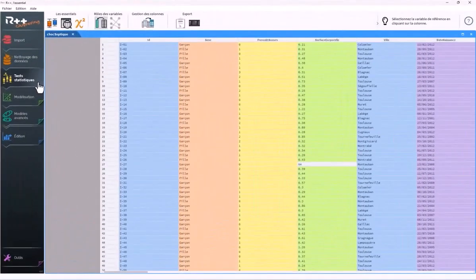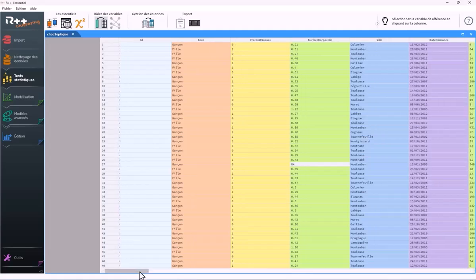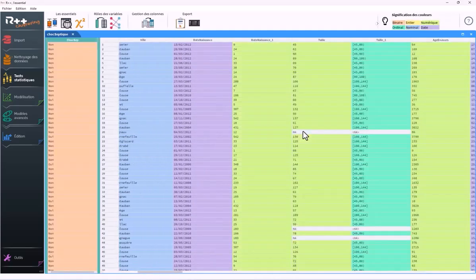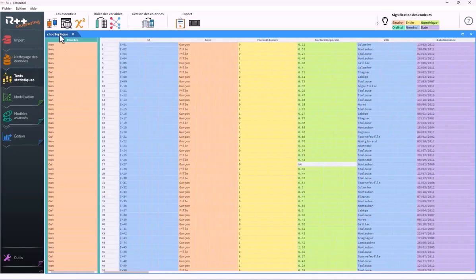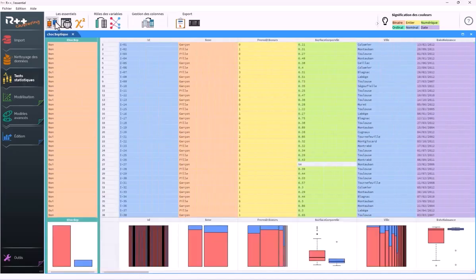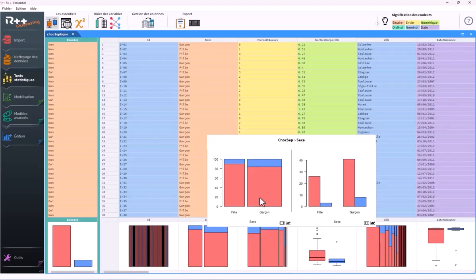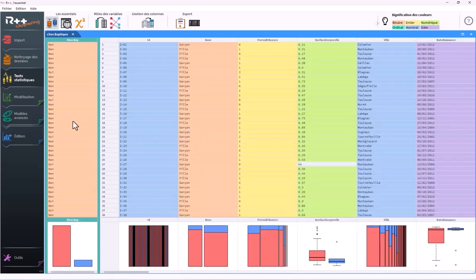After cleaning your data, it's time to explore bivariate analysis. With R++, it couldn't be easier. First, select the variable of interest, say septic shock, which moves to the left to become the variable. When I click on graphs, I get all the visualizations of every variable against septic shock. It automatically chooses the correct plot, a mosaic or bivariate bar plot for binary comparisons, or box plots for binary